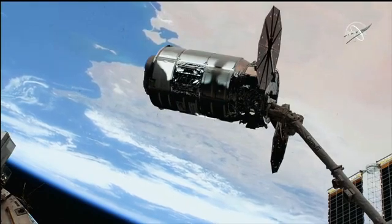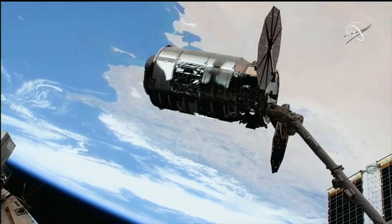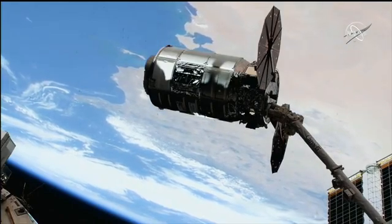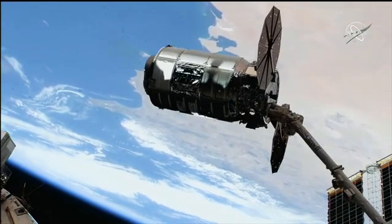Northrop Grumman's 19th commercial resupply service mission successfully captured by the station's robotic arm. NASA astronauts Woody Hoburg and Frank Rubio working together with flight control teams here at